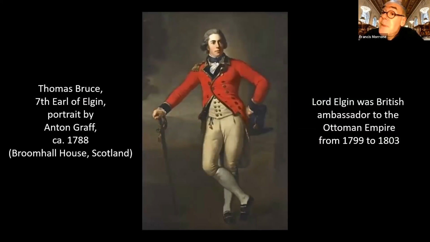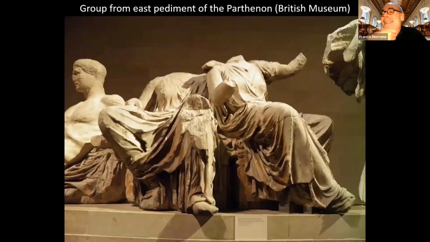And speaking of the frieze of the Parthenon, the British ambassador to the Ottoman Empire between 1799 and 1803 was this fellow named Thomas Bruce, the 7th Earl of Elgin. And he was, how shall we say, a thief. This too is a very controversial thing, a can of worms you don't really want to get into, but the point is that if you want to study Greek architecture, you don't have a choice. You have to go to London. Now, you not only have to go to Greece, you have to go to London.